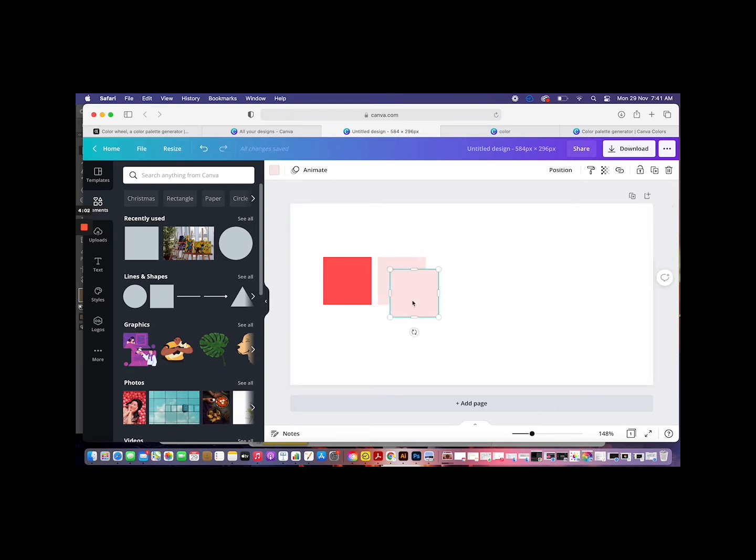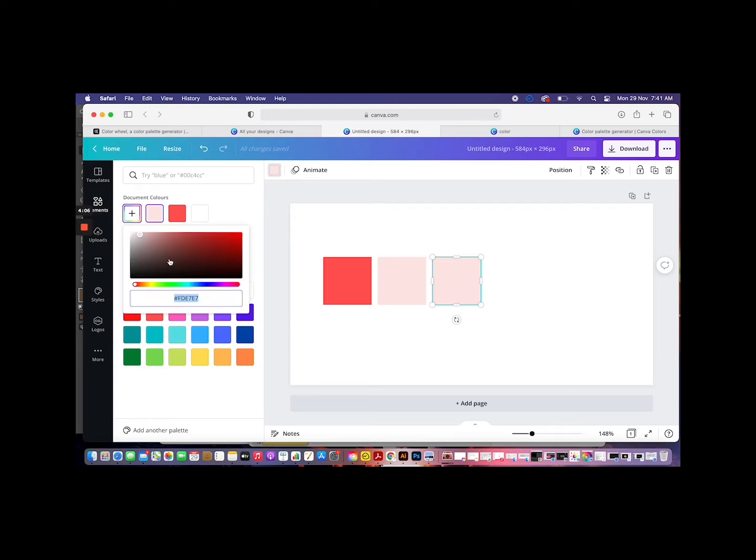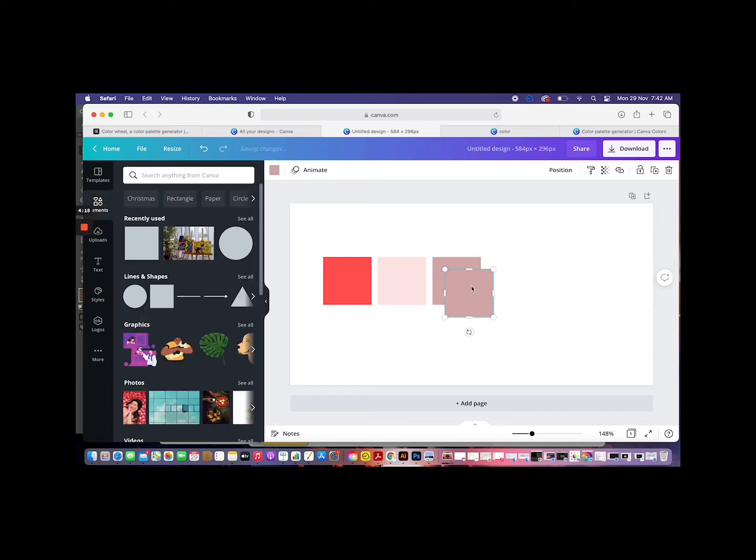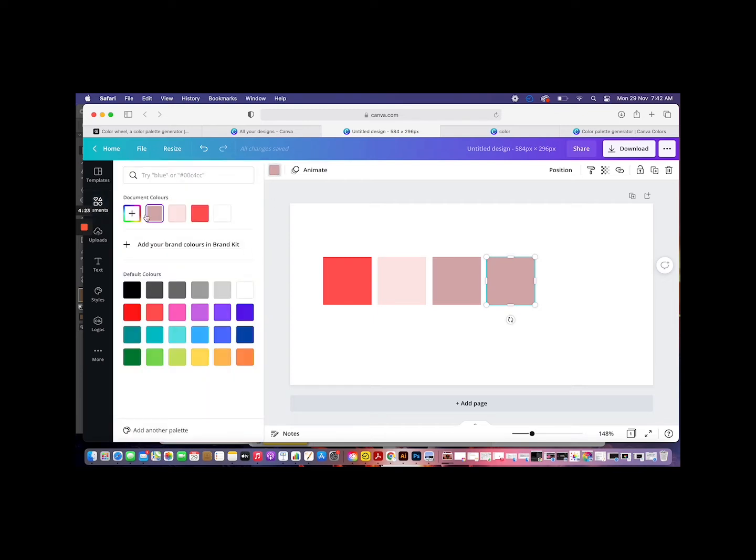Now I want a slightly darker pink. So how I will do that is, from here I will maybe take it a little further, but I want it to be a tone. So I can include a little bit of gray and move it this way. Now what I can also do is take this a little further, and I want a darker color to balance this, which is even darker. So what I can do is decide whether I want it to be a shade of red or a tone of red. I want it to be a shade of red.